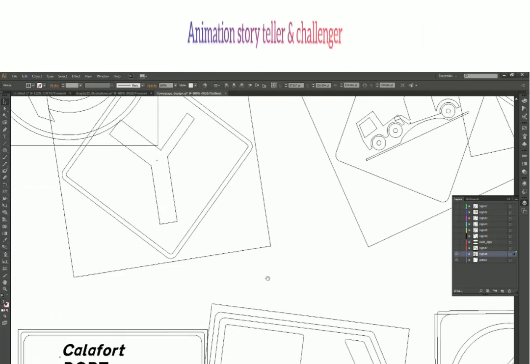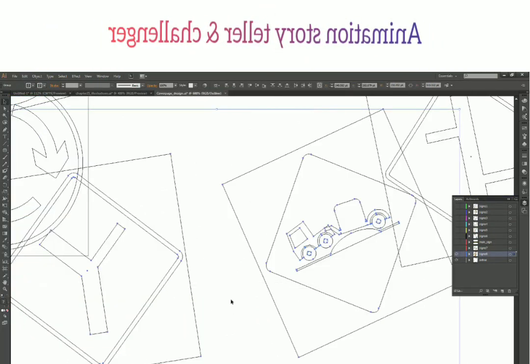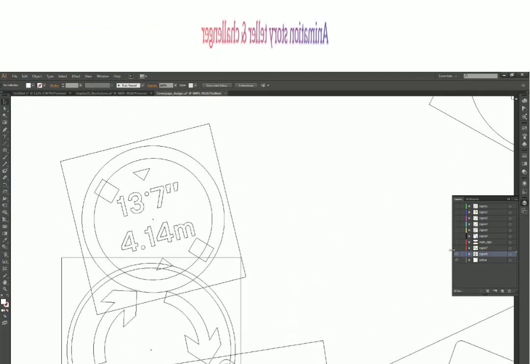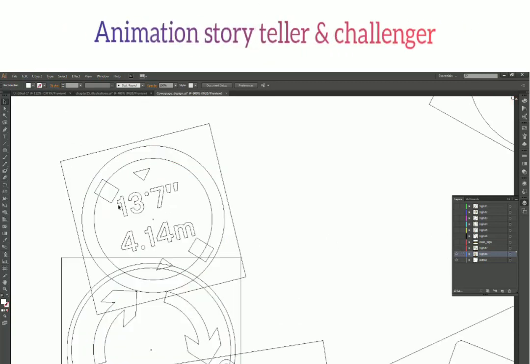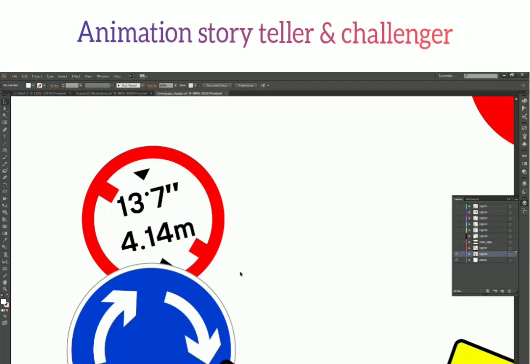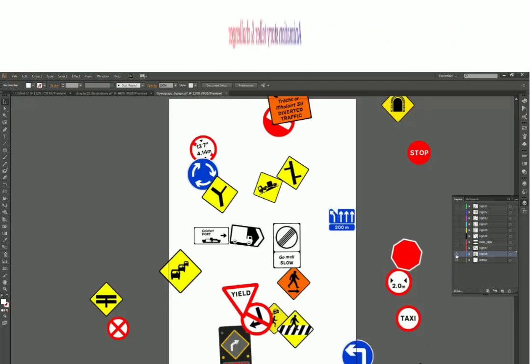So there was a purpose to put this invisible rectangle behind every sign, and the way I created all the other signs like this one. It looks like a single shape, but actually I put one shape above it to make it feel like this slash mark on the sign. So this is how underline mode works.